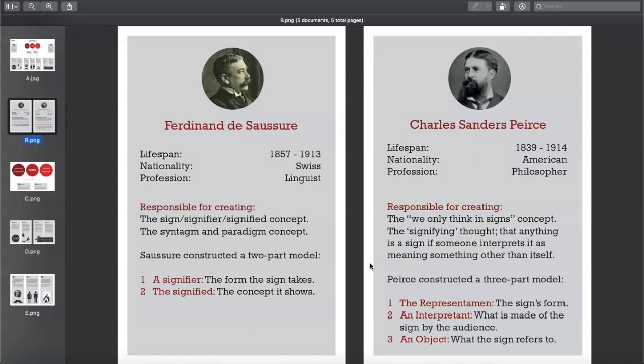signs and concepts. His theory was that the human brain does not actually think in words, we think in concepts. So some words, some pictures, some graphics, colors, and then if you throw in the other senses like smells and sort of memories of things you've heard or things you've touched, what you're really thinking in is sort of concepts and signs. So the signifying thought that anything is a sign if someone interprets it as meaning something other